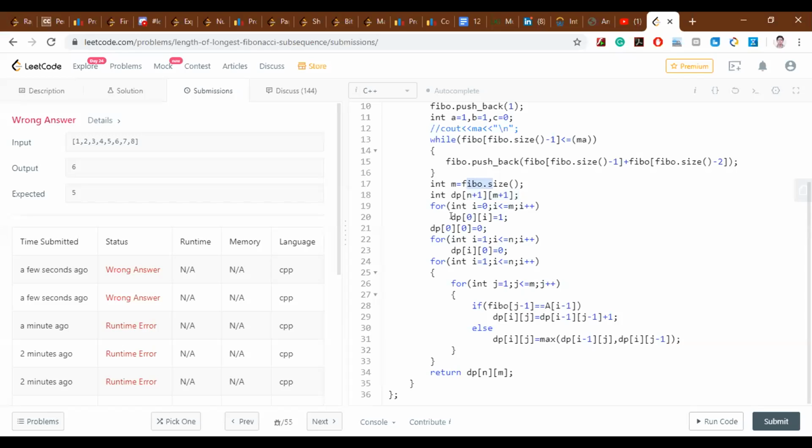Since every single number can be in Fibonacci, at the zeroth index I made it equal to 1. And if no elements are there, then because of that standard format of the LCS problem, dp[0][0] will be equal to 0 because no elements are considered. Then for the first column I made it all 0. Then I applied the standard DP LCS approach, but I didn't understand why it is failing.